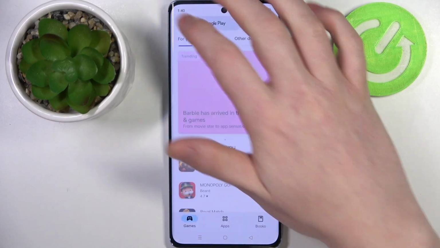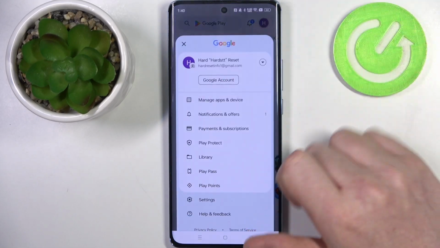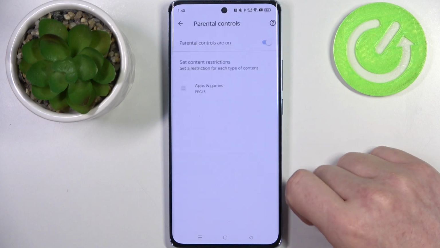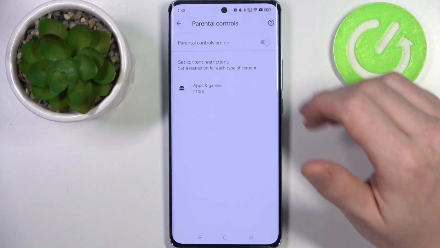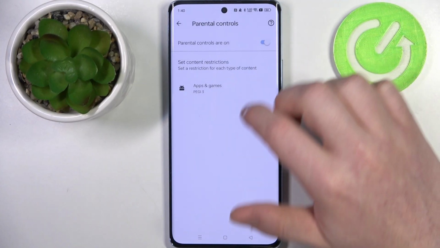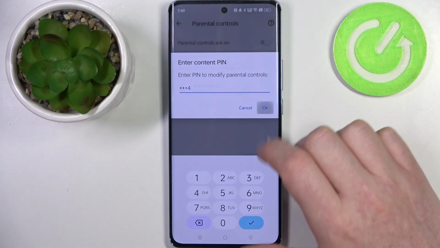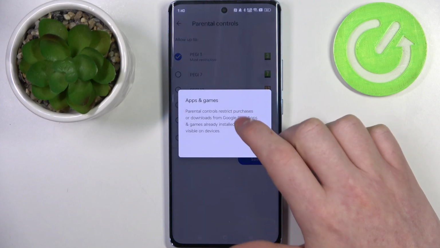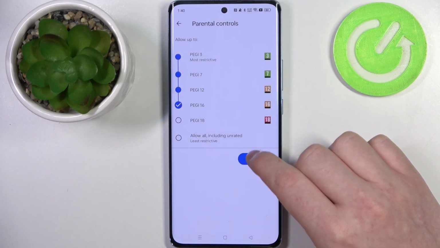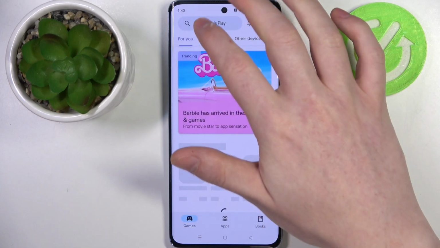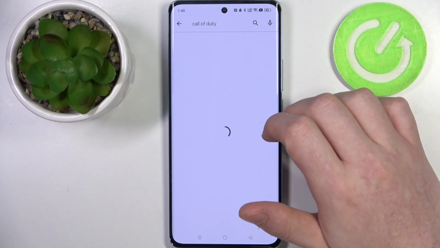And to fix this, go back, click on your profile picture, head on to the settings, open Family, enter Parental Controls, and right here you can either disable parental controls entirely with a switch or go for Apps and Games, then insert your PIN code, click on OK and increase PG to at least 16. Make sure to save the settings afterwards, and now we can go back, look for the game again, and now